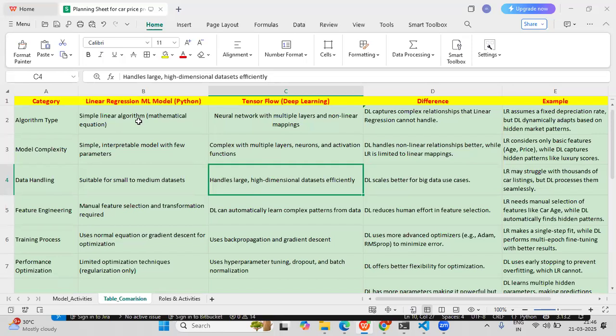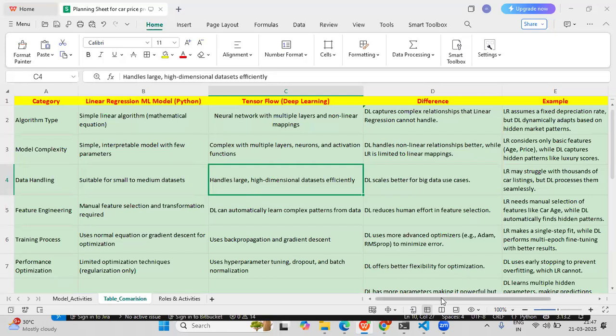It is also useful for finding non-linear mappings. The difference is that deep learning captures complex relationships that linear regression cannot handle.